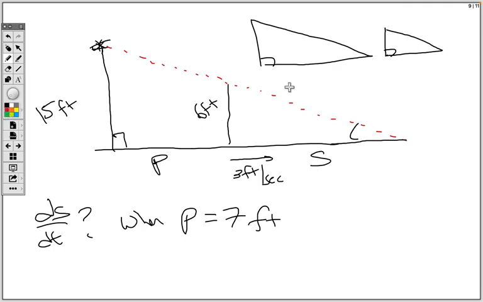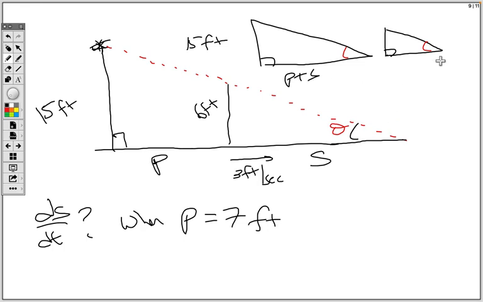Because both the big triangle and the little triangle share common angles, theta, 90, and then the complement of theta, whatever that is up there. So if I look at the ratio of opposite over adjacent, aka the tangent, that's going to be the same ratio regardless of which triangle I'm looking at. So in the big triangle here, the opposite side is 15 feet tall, and the adjacent side is the P plus the S,